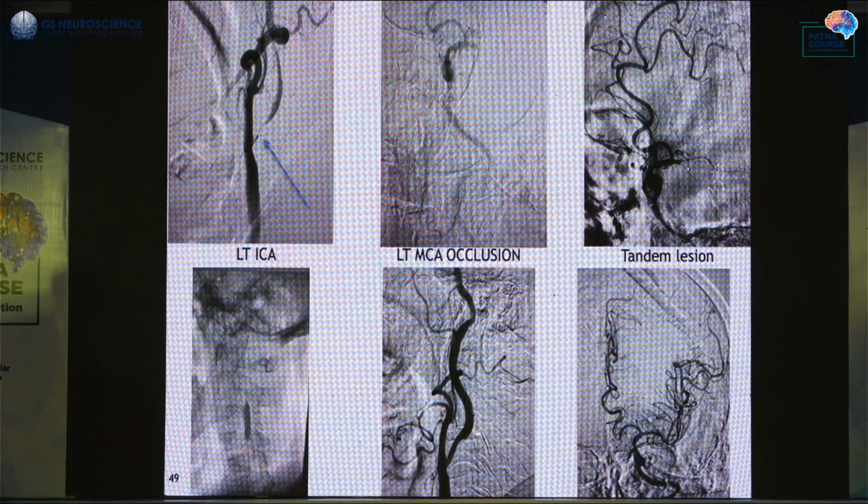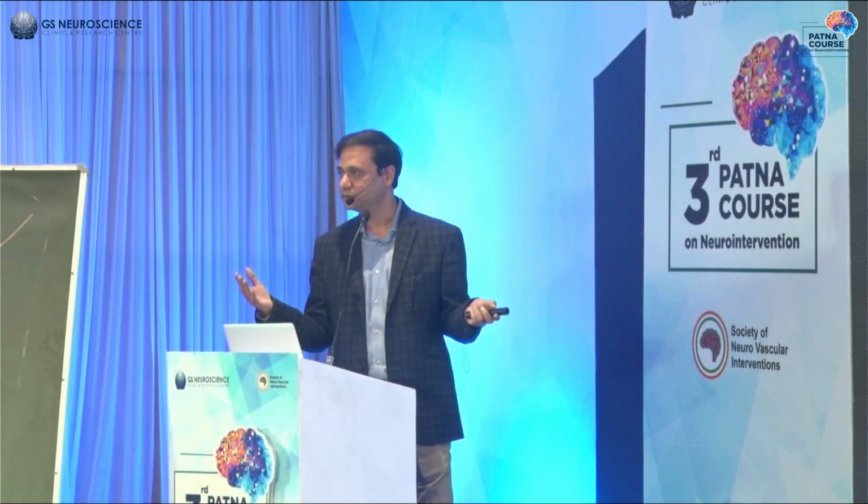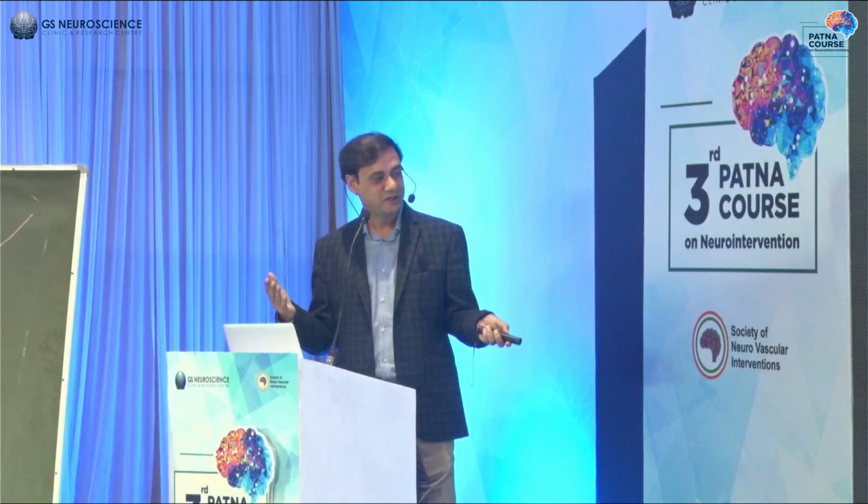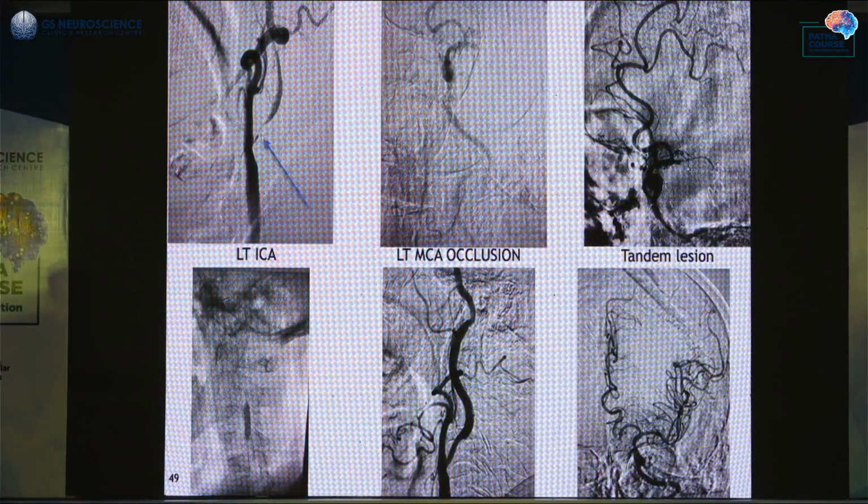If you achieve the MCA opening, what should be done next? Should I place something or leave it? Did the balloon angioplasty, that's why never stent. If you achieved a significant amount of flow, and if the surface looks like this, not hazy,